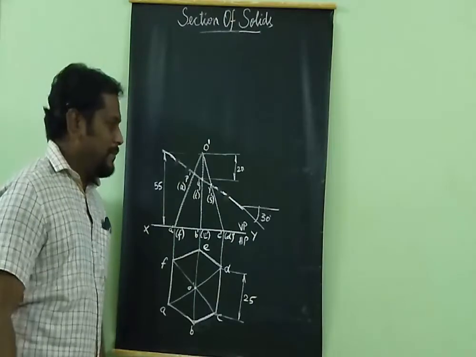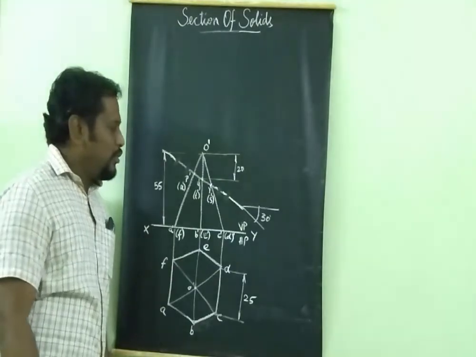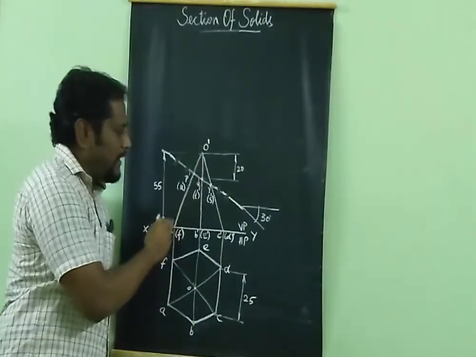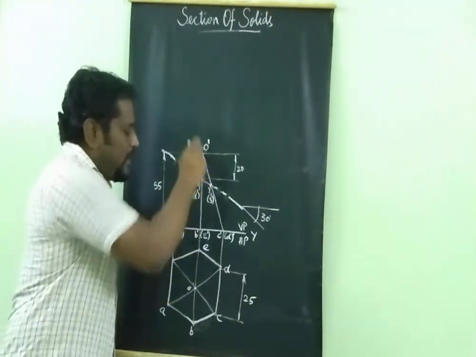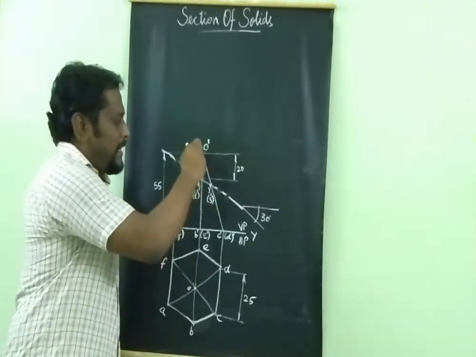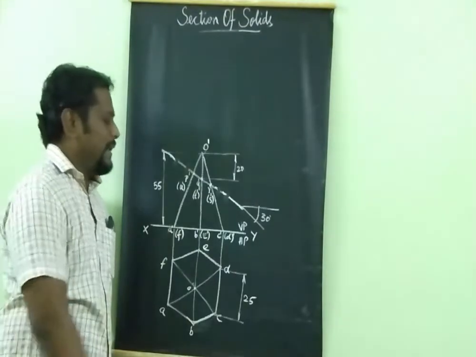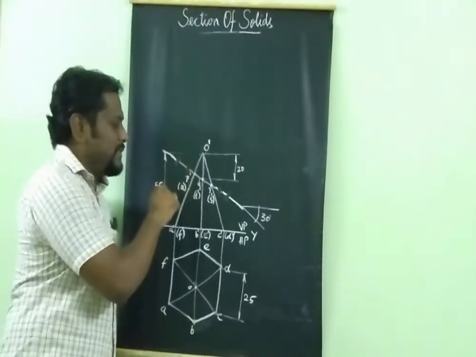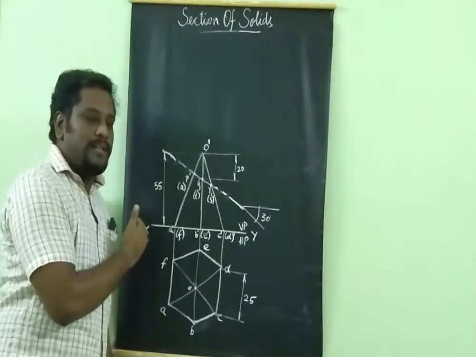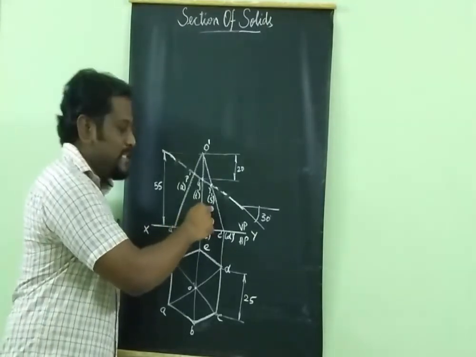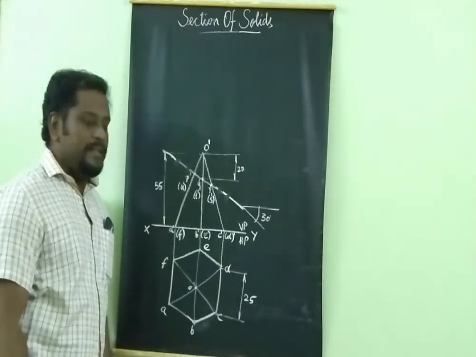Now to mark the cutting points, it cuts the solid here, here, here. To know how many points, here there are 2 lines, that is OA and OF. So here there will be 2 cutting points. Similarly here OB, OB, there will be 2 cutting points. Similarly here OC and OD, there will be 2 cutting points. So to mark the cutting points, from the left hand side, P is visible, Q is visible, R is visible. Then starting from the reverse direction, it is P, Q, R, S in brackets invisible, T, U are the invisible points, right? These are the cutting points.